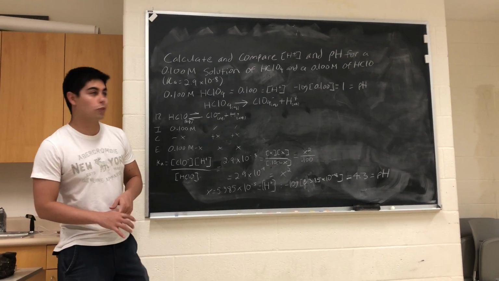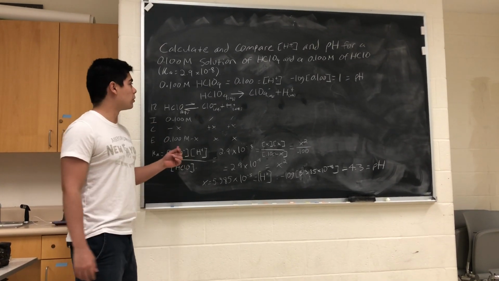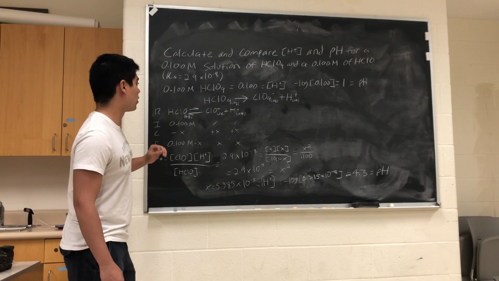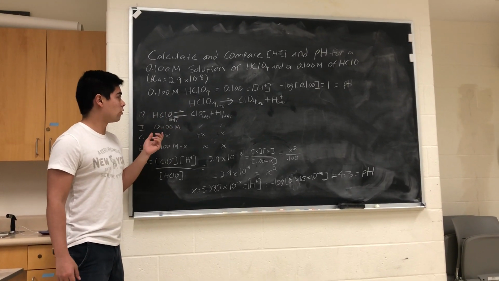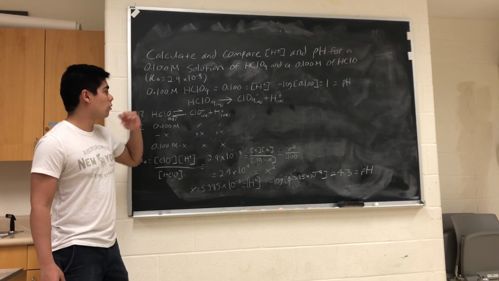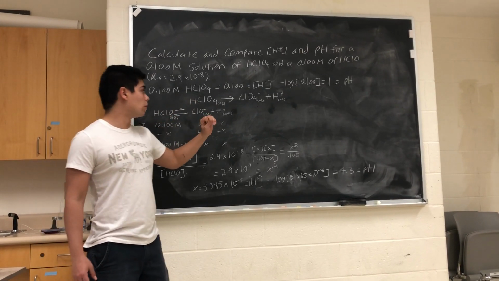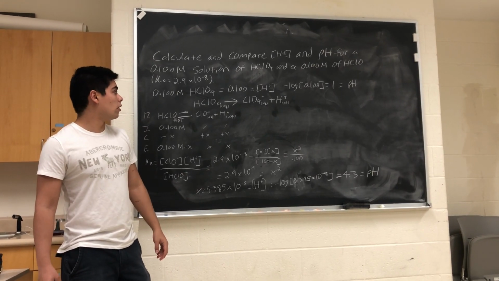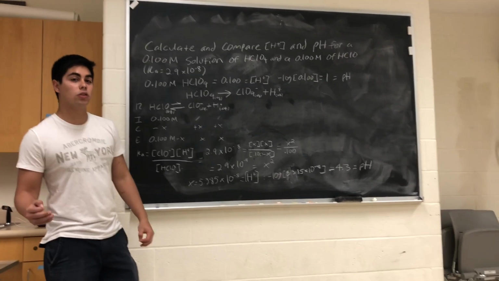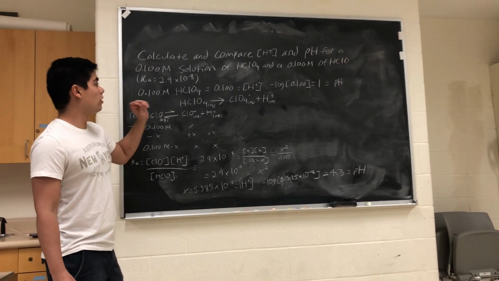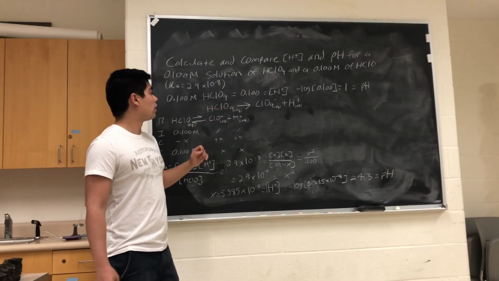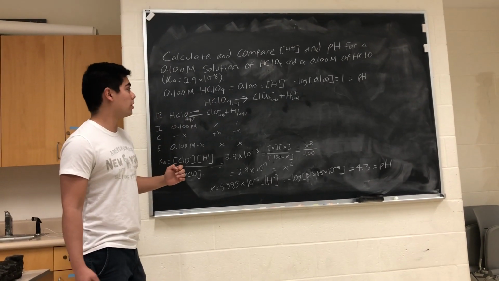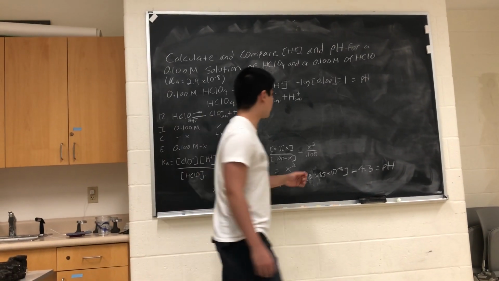Okay, so first we're going to start off with the strong acid, which we know is the perchloric acid. So we have 0.1 molarity of the strong acid, HClO4, which is perchloric acid, and so we know it dissociates completely into the ClO4 minus ion and then H plus ion. So since we know that it dissociates completely, then we know that the concentration is going to be 0.1, and that's really helpful. Since we want to calculate the pH, then all we have to do is plug it into the negative log